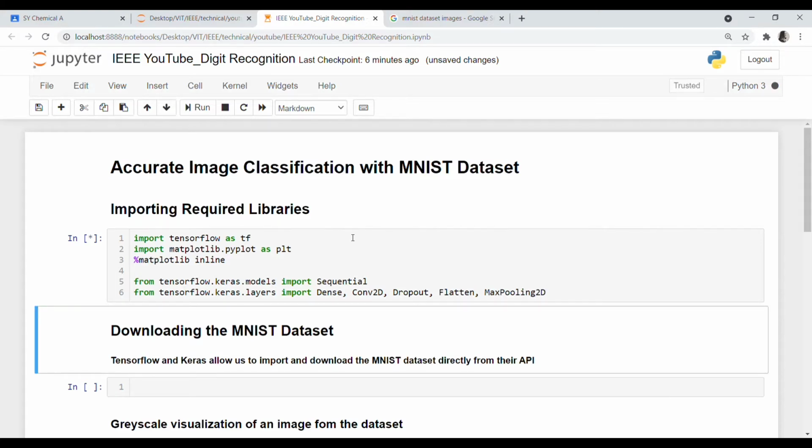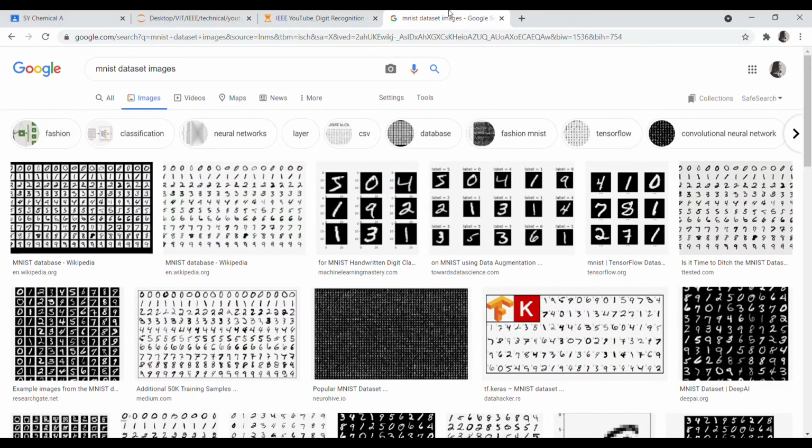It will take a while during the initial importing of the libraries. Once the cell is ready, we can move ahead. In that while, I'll take you through the MNIST dataset and what exactly it consists of. MNIST is one of the most common datasets used for image classification.